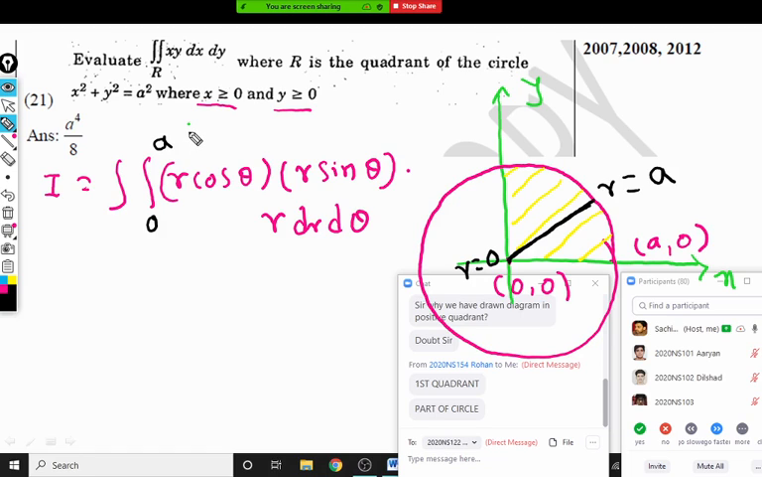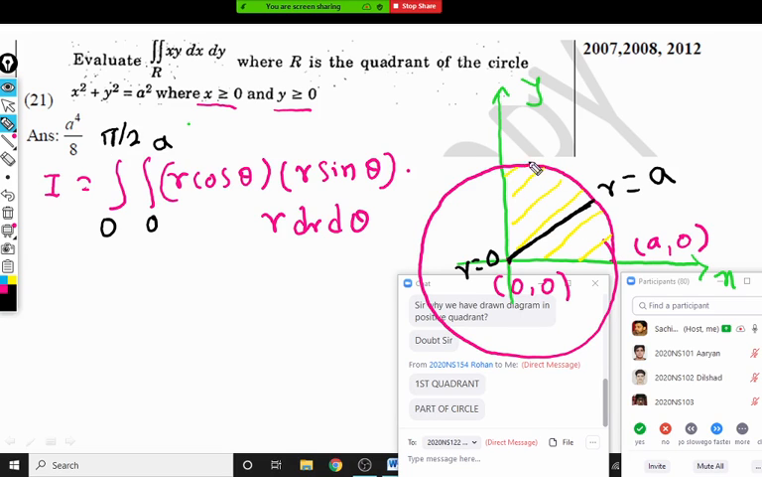What about theta? 0 to pi by 2. Correct. Good. That's one, because again it is a positive quadrant. See, the calculation becomes so simple when we transform it into polar, because the region of integration